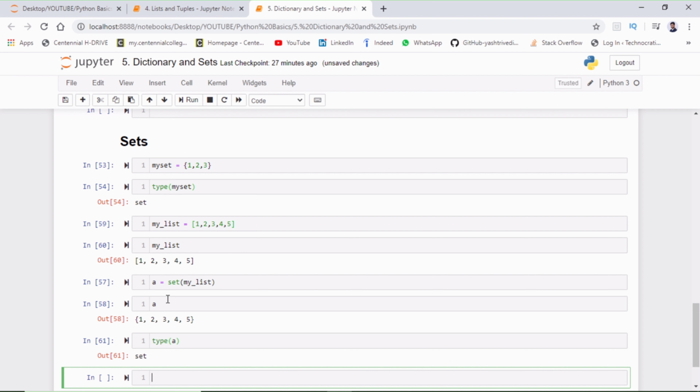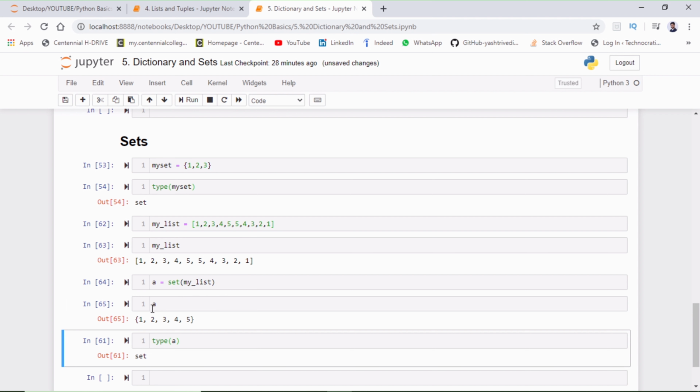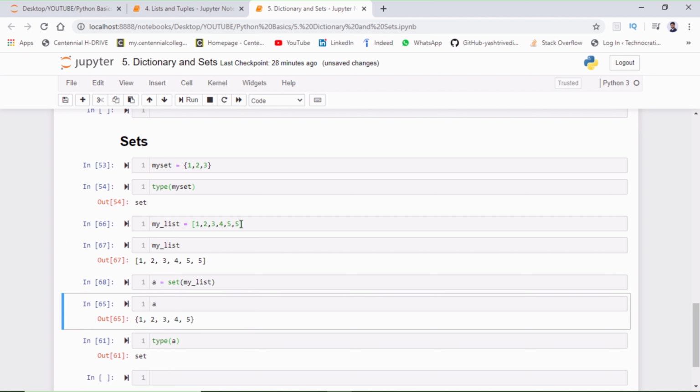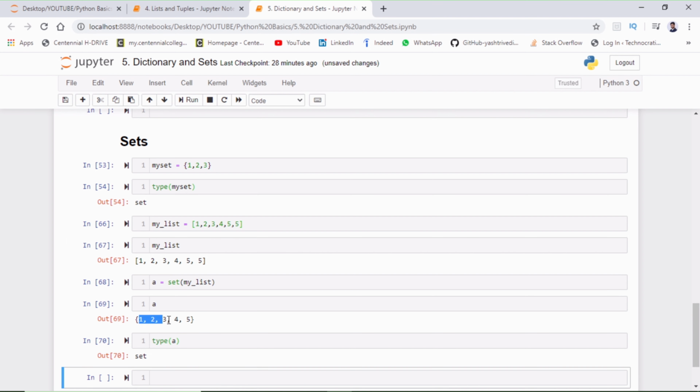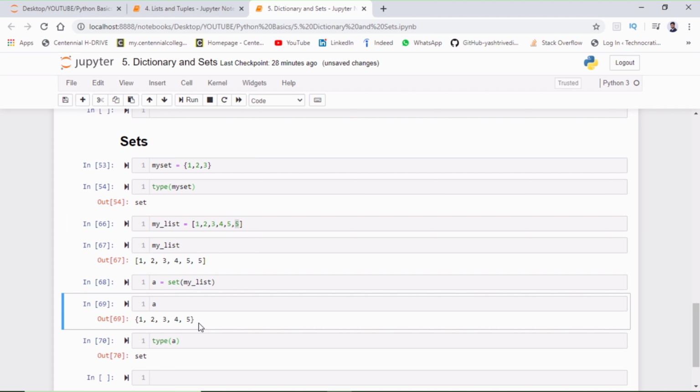Now what else is the difference? A set always contains unique values only. For example, here I have multiple 5s, 2s and 1s. If I run this now, and again I run my A, here I'm having only 1, 2, 3, 4, 5, because this will contain non-duplicate items only, non-repetitive items. Since these items are repeating several times, the set is going to discard all these duplicate items. So if I run this all again, I'm getting the same result 1, 2, 3, 4, 5, because 5 is duplicated 2 times. So I'm going to take only 1. I'm not going to repeat the 5 a second time.